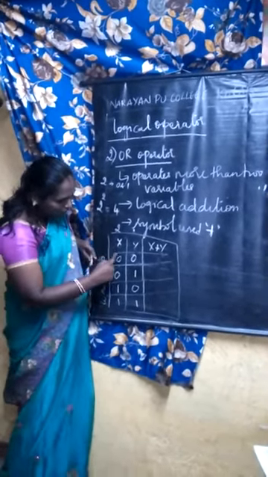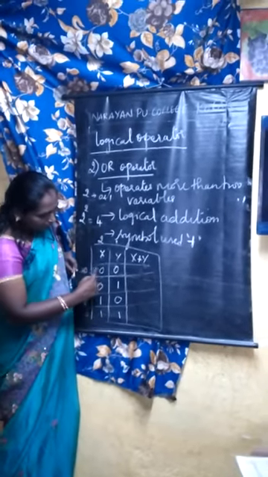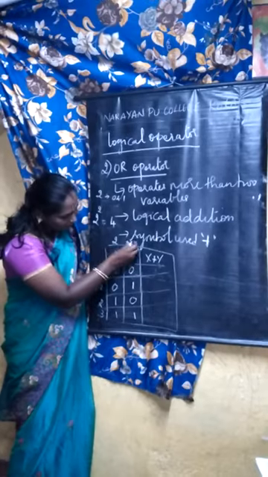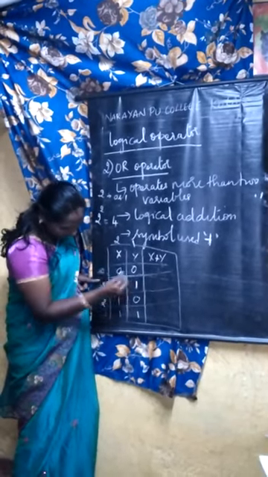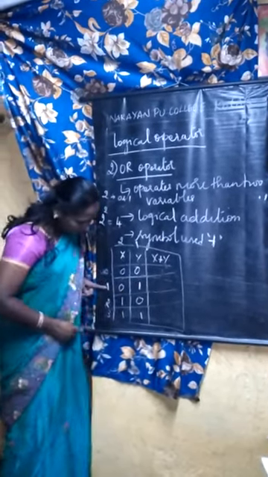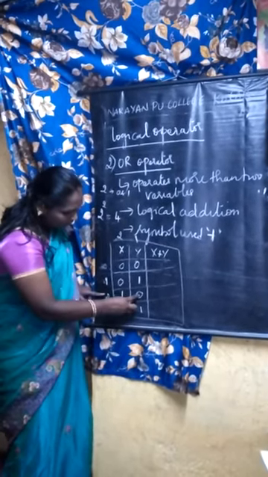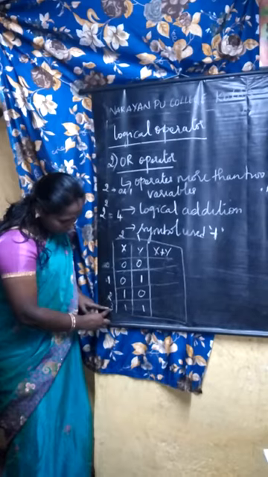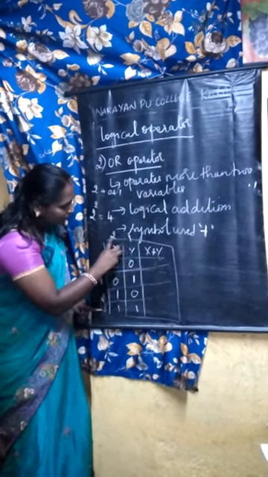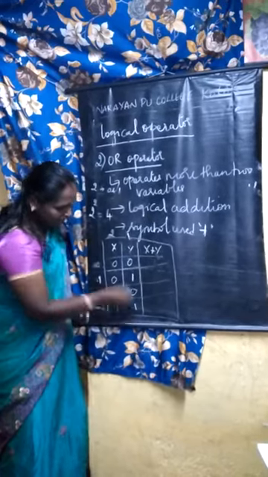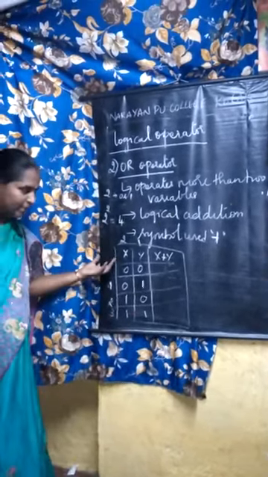In place of 0, when you consider 0, place everything 0. When you come to 1, in place of 1, you represent it as 1. The other place is 0. When you consider 2, in place of 2, represent 1. The remaining place 0. When you go for 3, 2 plus 1, add these multiples. 2 plus 1 is nothing but 3. So in both the places 1. This is one way of representation.